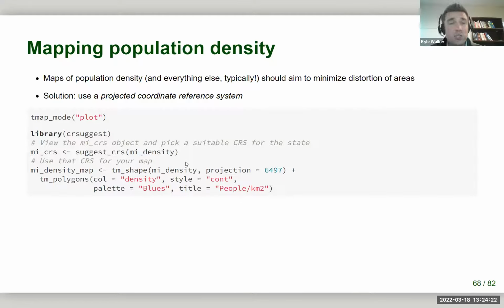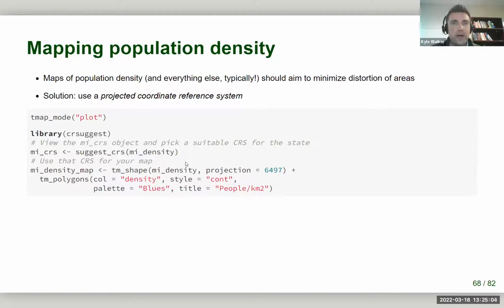And we need to make distortions and modifications to do this because in many cases we are mapping data in 2 dimensions, but that data is actually 3-dimensional because the Earth is 3-dimensional. And so in many cases, we'll want to modify the coordinate reference system of our data to minimize distortion introduced from that sort of 3D to 2D transformation when making maps. This is a topic that you do weeks on in a GIS course. It is not something we can truly adequately cover in a workshop today, but I want to give at least